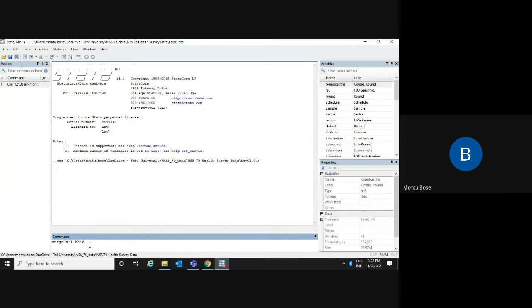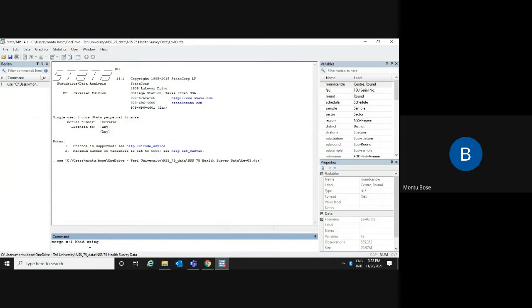Now I would like to use the data, that is why I'm writing using. Using means which data you are using to merge with this data. So we are using the household level data to merge with this individual level data.